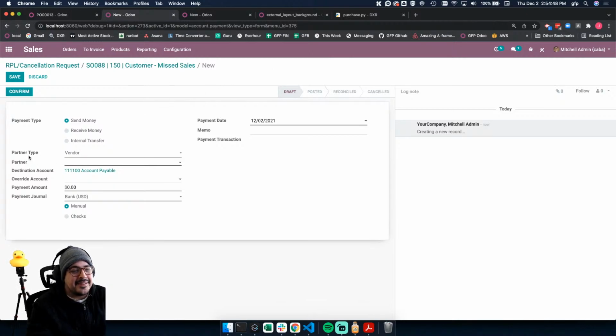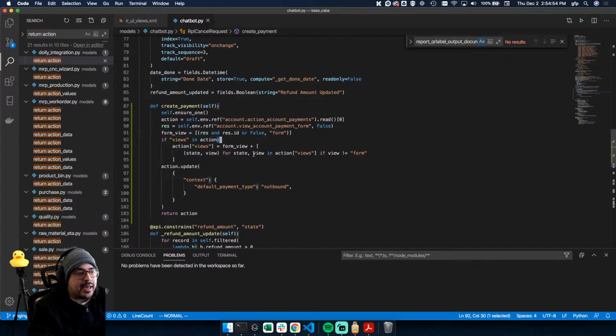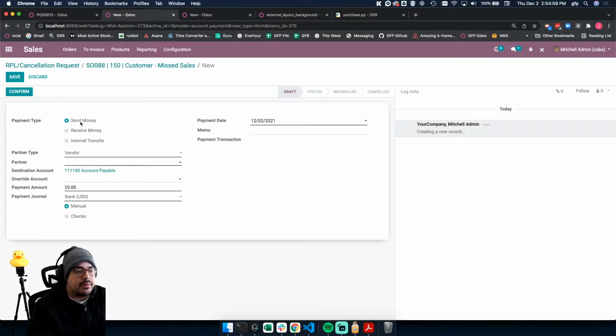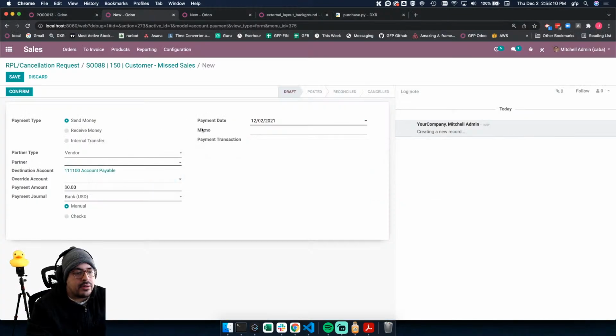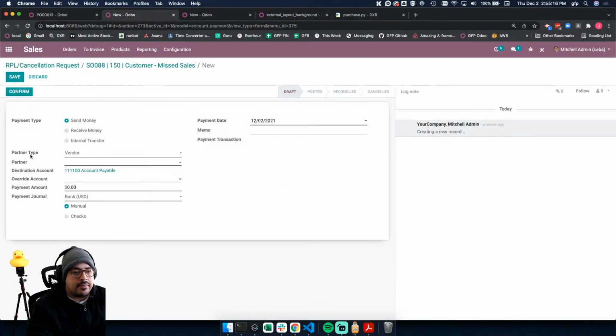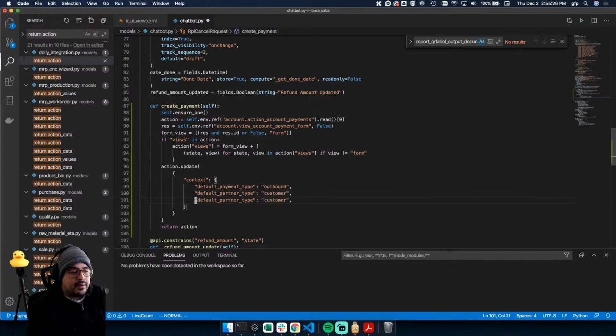Oh man. Okay, so now that we have this, we should do the rest, which is partner type customer. So we're basically adding to the context all of the defaults that we want. For example, right now, notice how we wanted send money to be the default. We want partner type to be the default, the partner of the sale order to be the default, etc. So let's go over here. What's this name? This is partner_type. And we want this to be customer. And then,